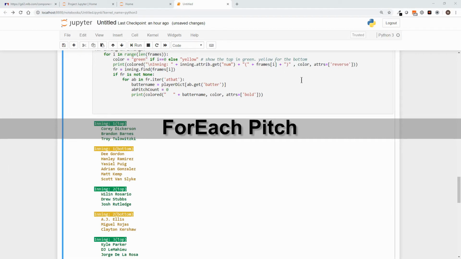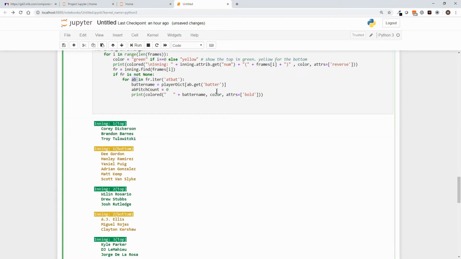So what do we have? We have this tree element called AB. So for each AB, and we printed it out successfully, we said Corey Dickerson is an AB. So for each AB,